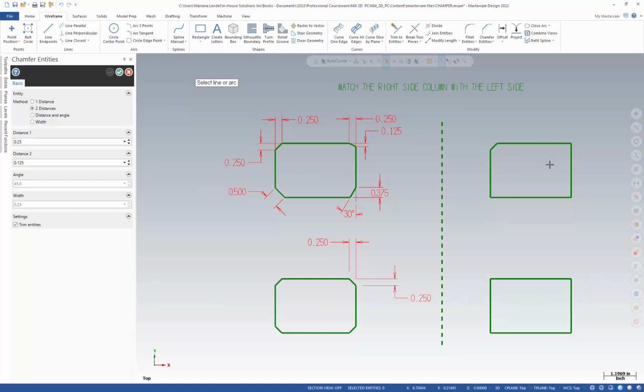And I'm going to start with the horizontal line that I know we are measuring from the corner the distance of 1/4 inch, and then the vertical line that we know the distance measured from the corner was 1/8 of an inch. Press enter to finish the chamfer, and then for the lower right corner I'm going to use distance and